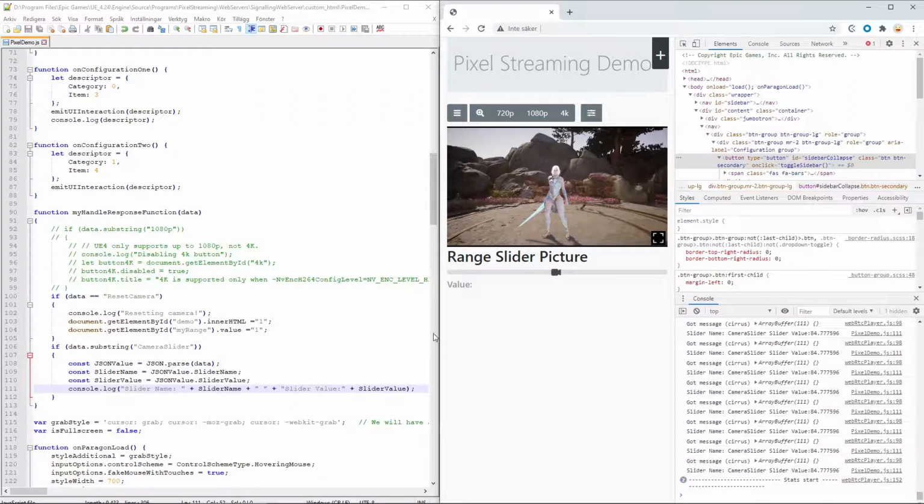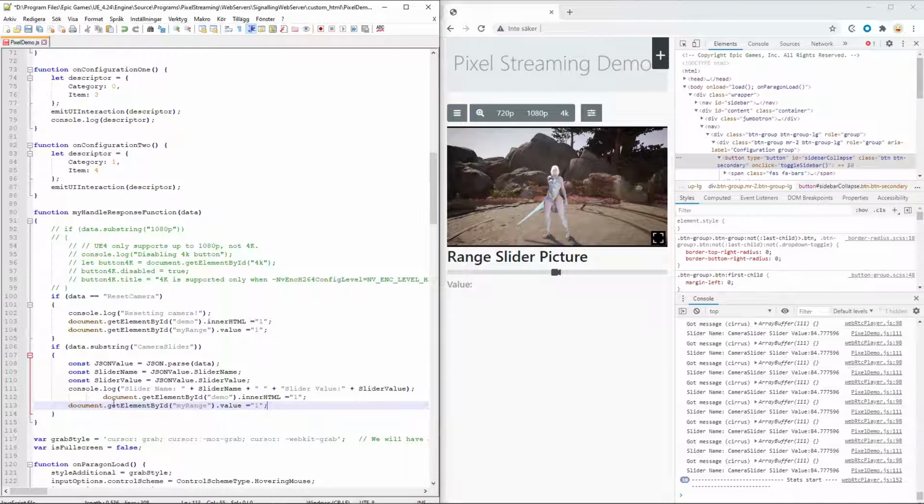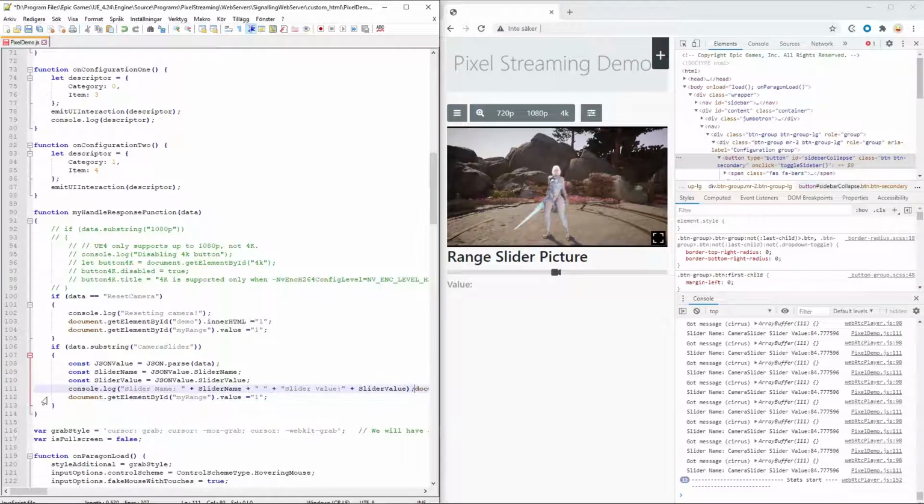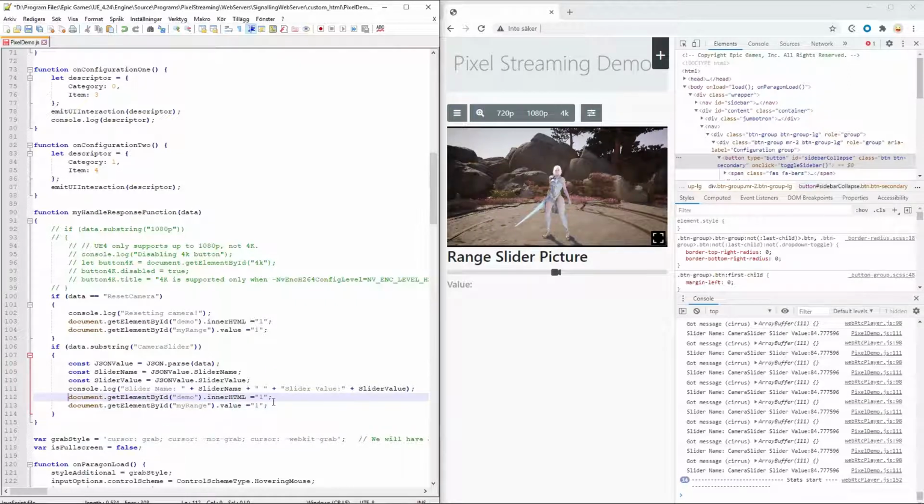Now, the only thing we really need to do now is do the exact same thing as we did here. So we can copy this, get the element by IDs, and instead of just setting that to a static value like this, we can just set both of these to slider value.